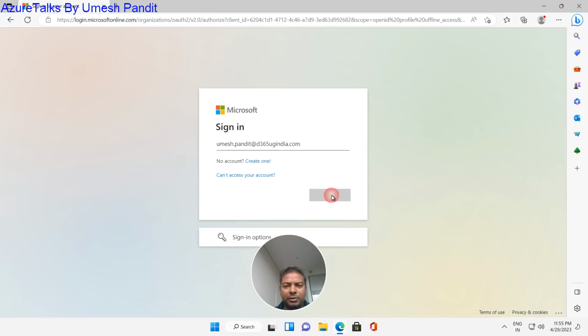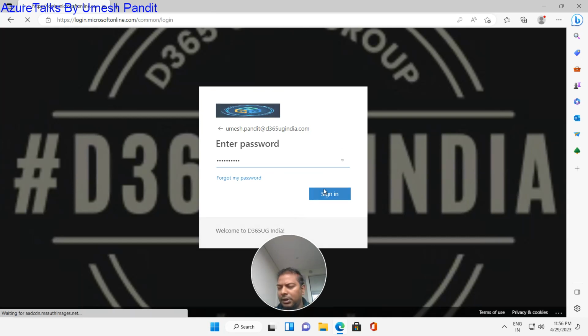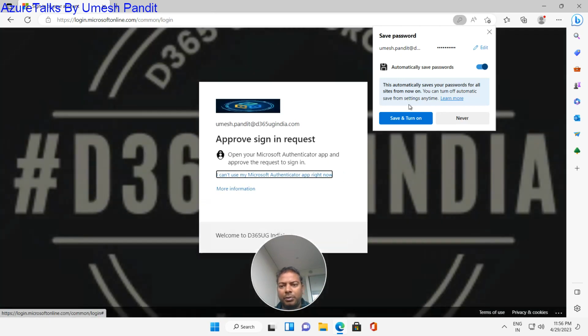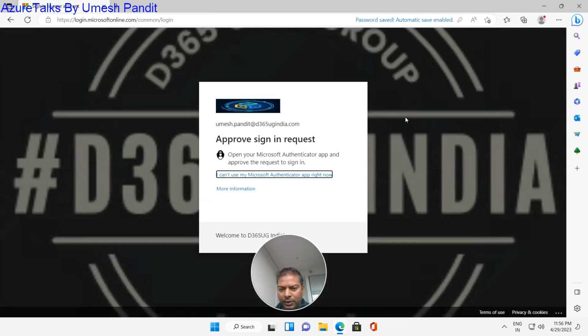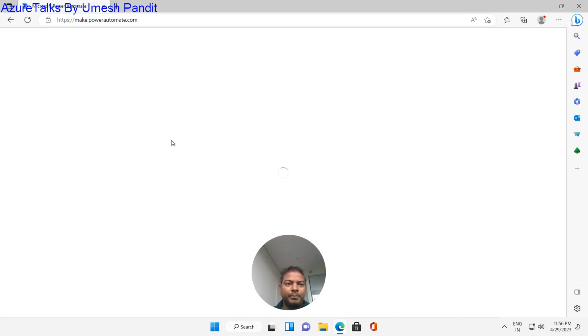So we have to click on next. Once done, I need to enter the password, and then it will ask for approval. Give me a second. I just approved it. Yep. I'm using Microsoft Authenticator, which I have just approved. After approval,